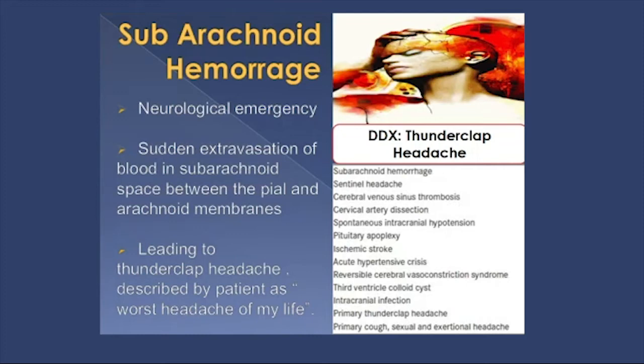I mentioned that one of the subtypes of intracranial hemorrhage is the subarachnoid hemorrhage, which is a true neurological emergency. It is a result of extravasation of blood into the subarachnoid space, and usually leads to what patients describe as a thunderclap headache, the worst headache of their life. But there are other ways in which it can present. It can present with a history of thunderclap headache, or with symptoms that are then quickly followed by